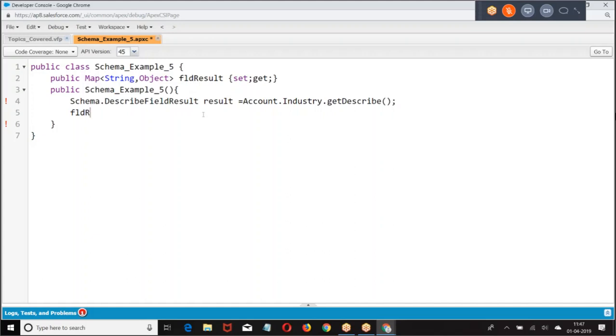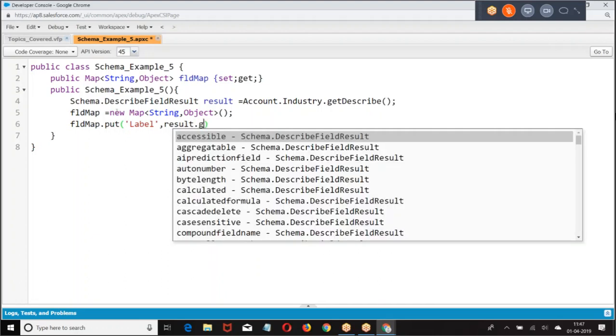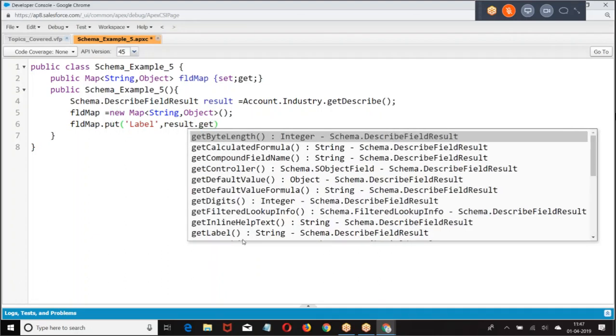Once you got the description, then I'm going to take field map dot put, result dot get.